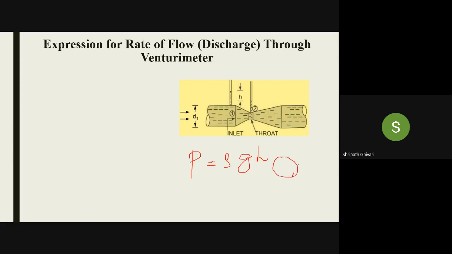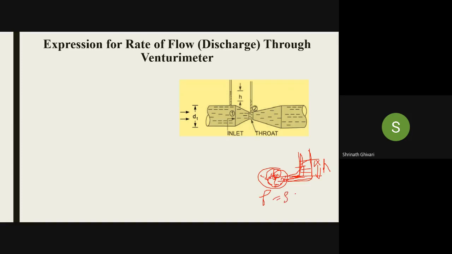What is a piezometer? Okay, see, whenever the fluid is flowing through the pipe, we are connecting it with a tube, an L-shaped tube. Whenever the fluid is flowing through the pipe, if it finds any passage, it will enter into that passage and start filling this column. Till what height it is filling from the center of the pipe, that is H. So we can determine the pressure at this point by using P equal to rho into g into H.